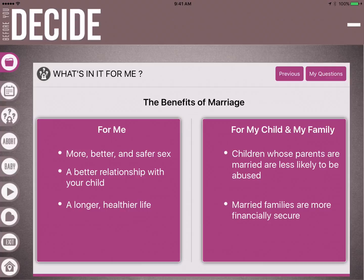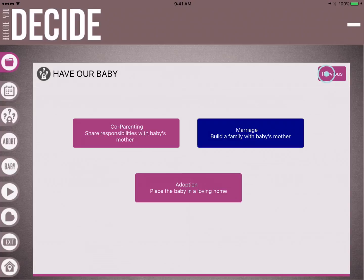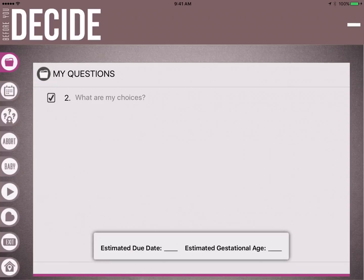And of course, as you learned in the full tutorial, you're just going to touch the My Questions button in the top right corner, and that's going to get you back to the previous screen. And then when you want to go back to the full list of questions that he selected, you're going to hit the folder in the top left of the screen to get back to the full list of questions